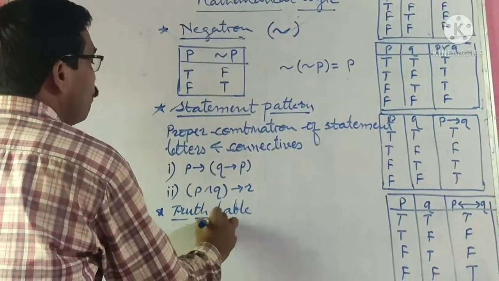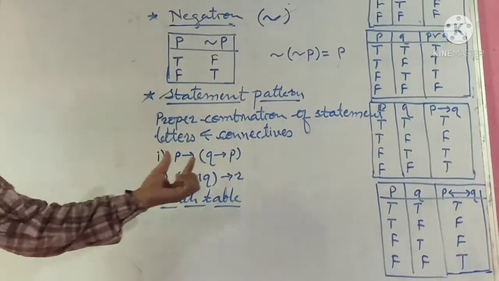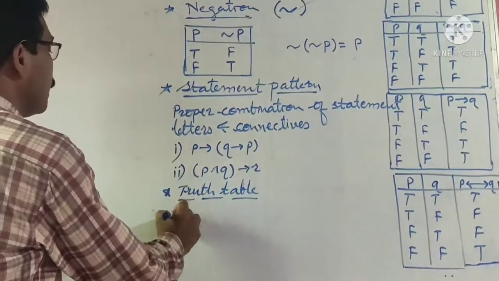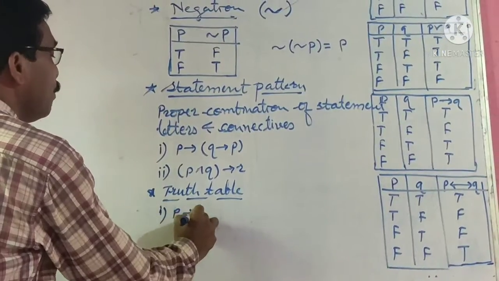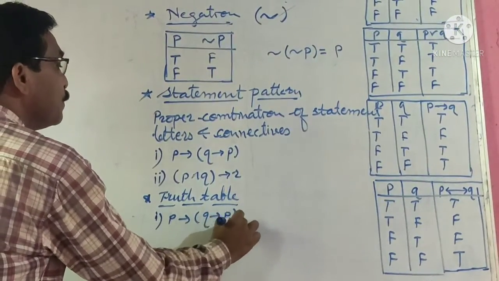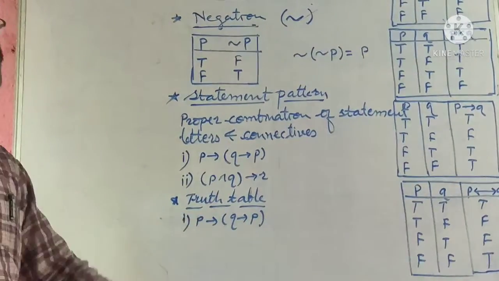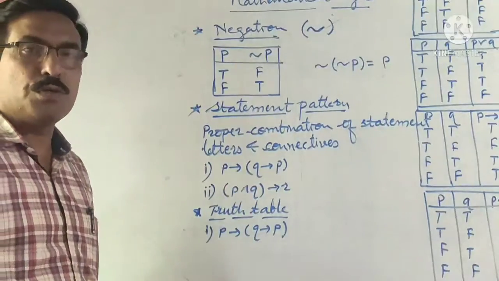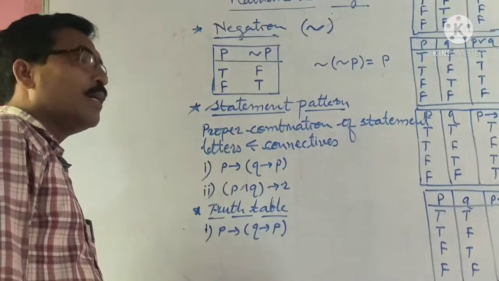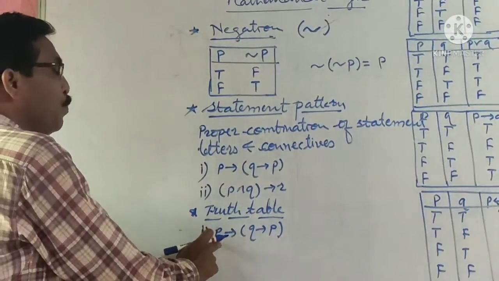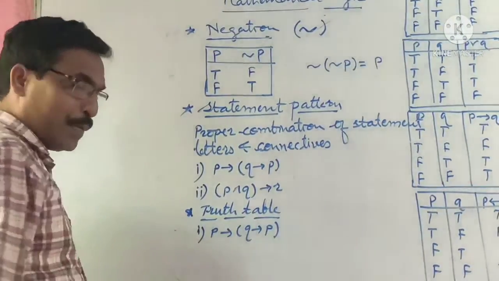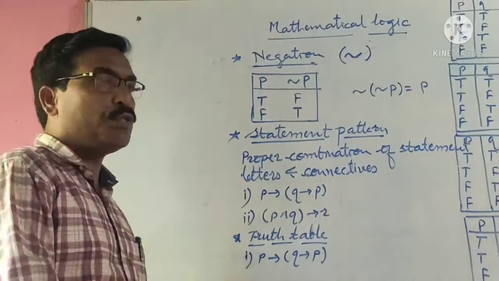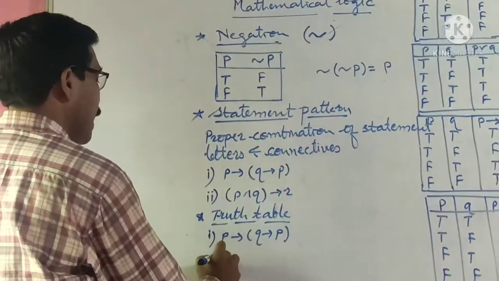What is the truth table of a statement pattern? Now we will take this statement pattern and prepare its truth table. Now let us see this one, P implies (Q implies P). Now we have to prepare the truth table of this statement pattern. First our job is to see how many constituent statements are there in the given statement pattern. Here we have P, Q, again P. Only two constituent statements, P and Q. So first we write P,